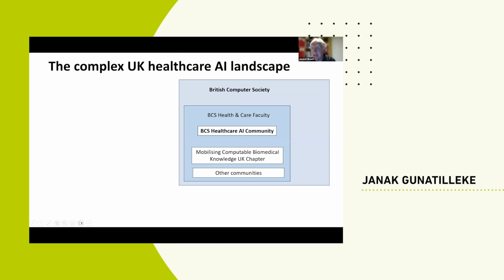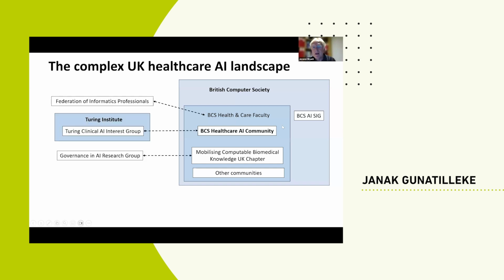But outside of the BCS Health and Care faculty, still within the BCS, there's the very long established BCS AI Special Interest Group, which has been going for about 45 years and has a very successful annual conference in Cambridge, as you perhaps know, attracting hundreds of people. So there is a very strong broader AI community already within the BCS. But outside the BCS, we've got a number of other organizations that we've already got good links with. There's something called FEDIP, which links directly with the health and care faculty. There's the Turing Institute and its clinical AI interest group, which, as I mentioned, we've already very much appreciate the